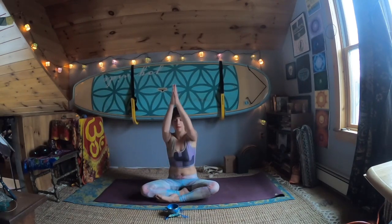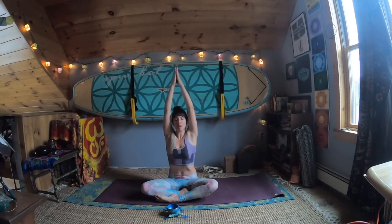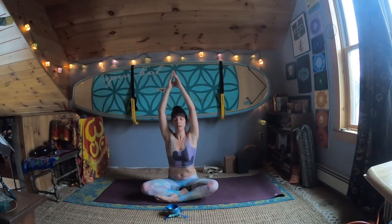On an inhale, reach and extend the arms up overhead, point the toes to the bottom of the mat, and exhale to release. One last time, we'll bring the knees into the chest. Give yourself a big squeeze and find those kind words just for yourself of gratitude for stepping to the mat today, of acceptance for your abilities,